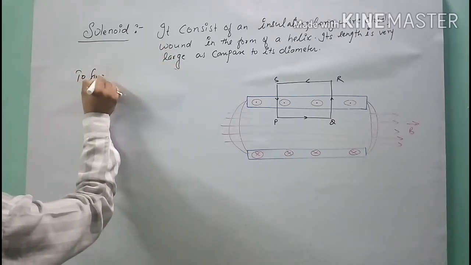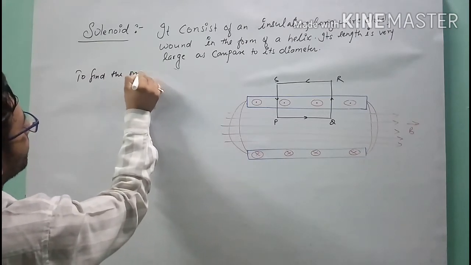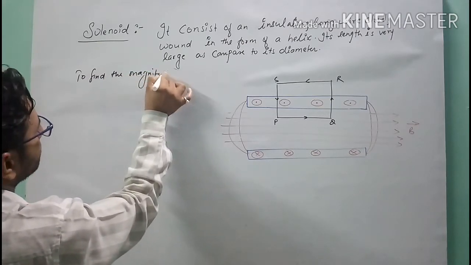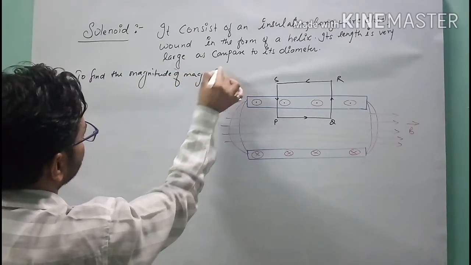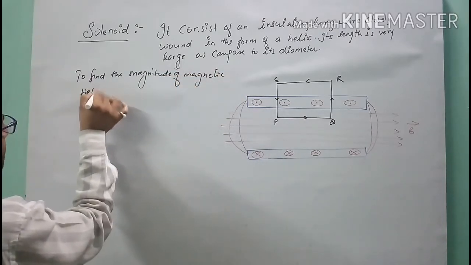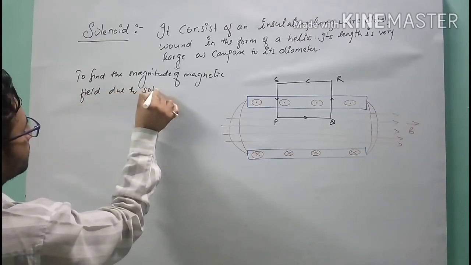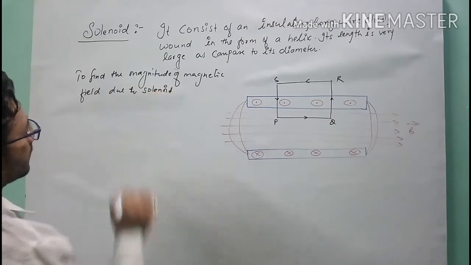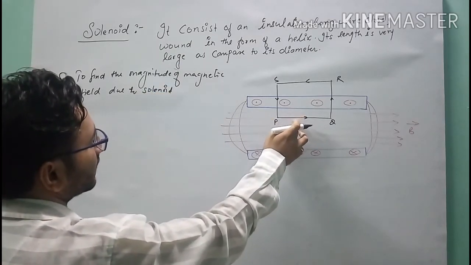To find the magnitude of magnetic field due to solenoid. ठीक है स्टूडेंट, तो यहाँ पे हम क्या करेंगे, इस solenoid की वजह से हम मैग्नेटिक फील्ड फाइंड आउट